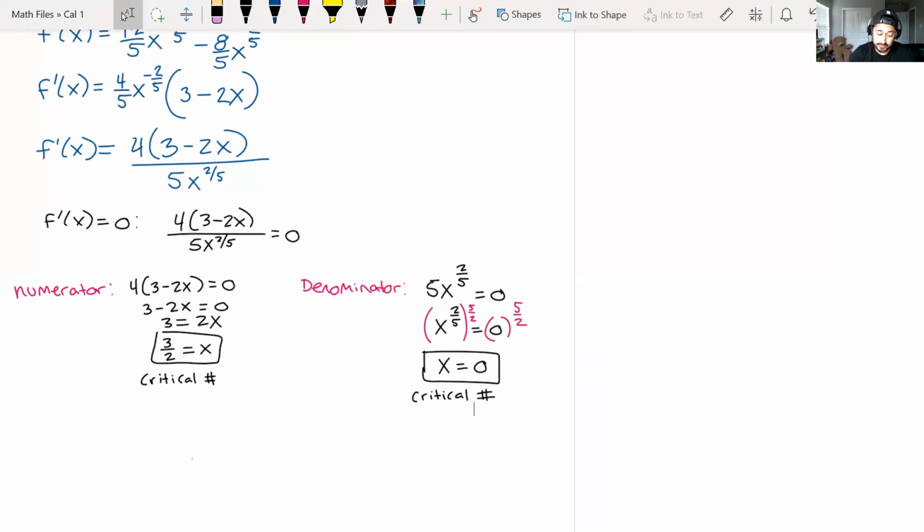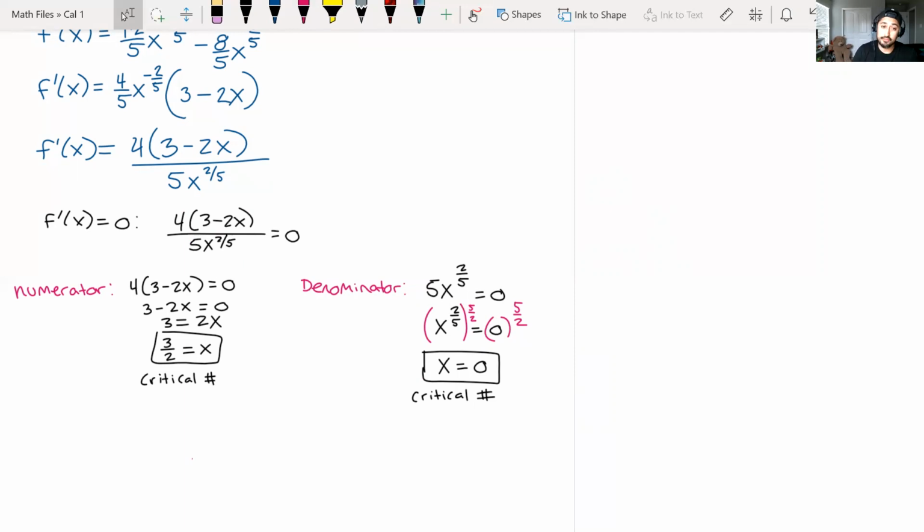And that answer is no, because it makes the denominator 0. So just something to think about. But this goes along with the definition on the second page. So the derivative exists at the critical number of 3/2, but the derivative cannot exist at the critical number of